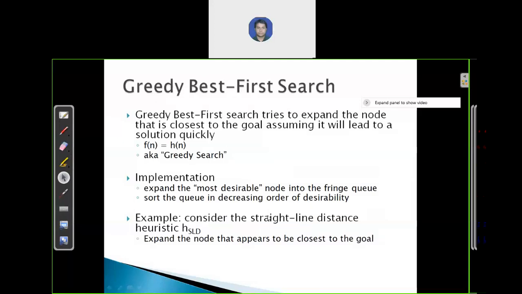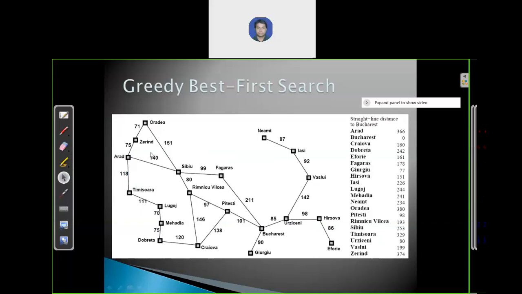So how do we use these heuristics in an example? Just consider this is one example. This is the map of one country, and these nodes are different cities. Suppose this is your start node, and your goal node is this.